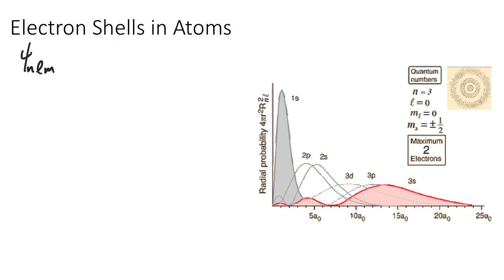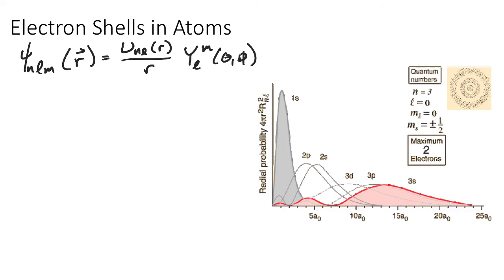We already know what the L and M are going to be, but we're just introducing N at this point, of some R vector, and I'm going to write it as u_NL of r over r, still all a function of r, times Y_LM of theta and phi. We know the Y_LMs already and what their properties are, so if we plug this into the Schrödinger equation and get rid of all the other coordinates and write it as a function of u, we get a new differential equation, which is d squared u_NL dr squared